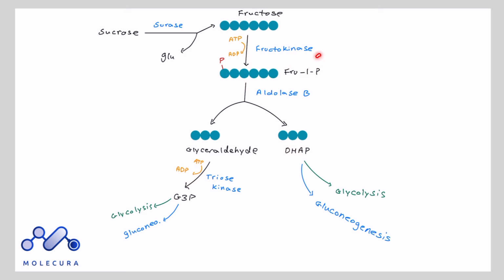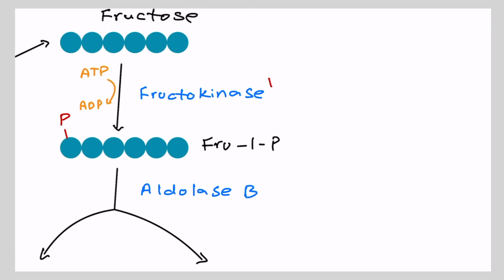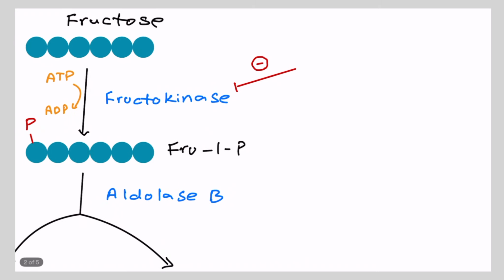So what happens in the deficiency of fructokinase? Here, if fructokinase gets deficient, this phosphorylation is not going to happen. We said that this phosphorylation is important to keep the fructose 1-phosphate inside the cell. Without this phosphorylation, the fructose can easily get out of the cell and go to the other parts of the body. So this trapping of fructose inside the cell is going to be defective when this enzyme is not there. Therefore, this condition is going to be called deficiency of fructokinase, called as essential